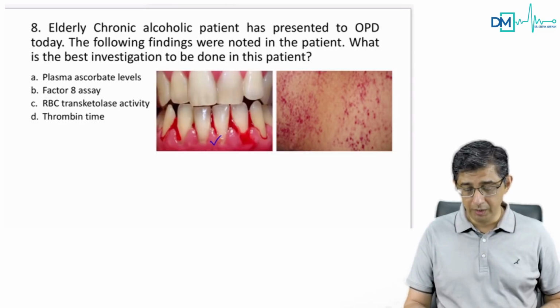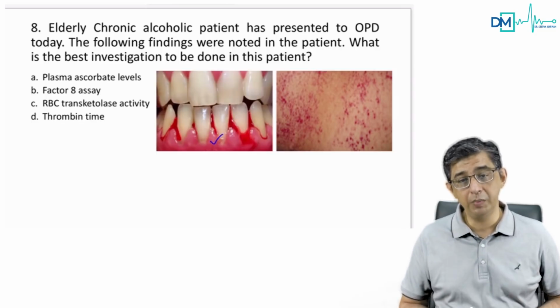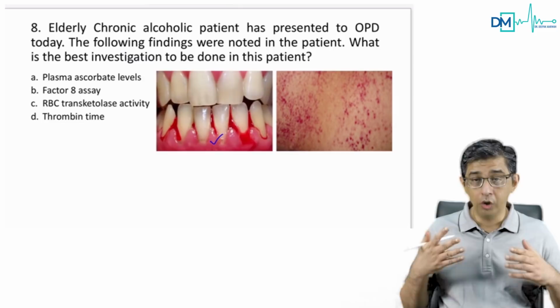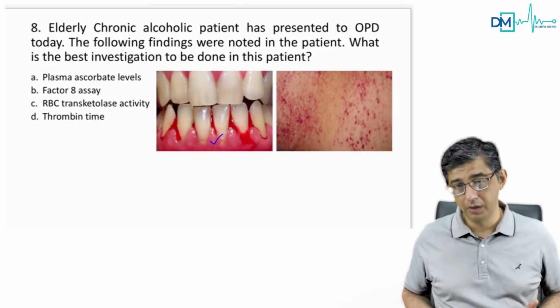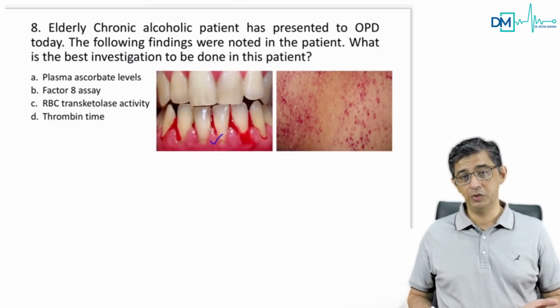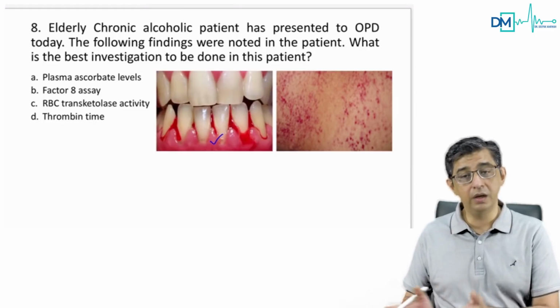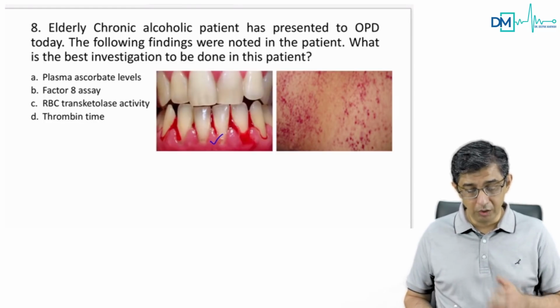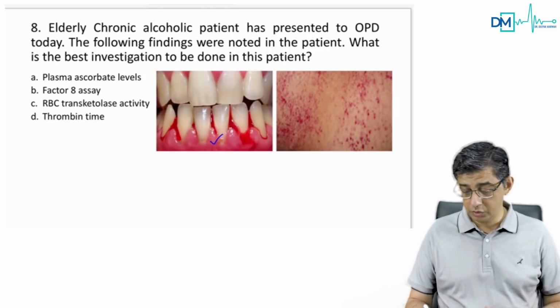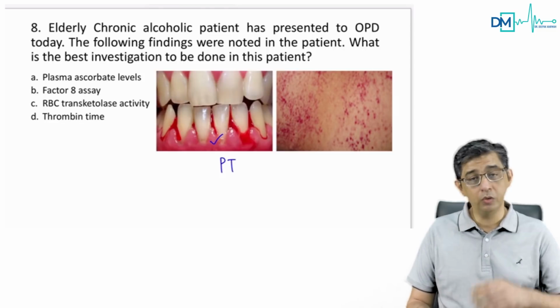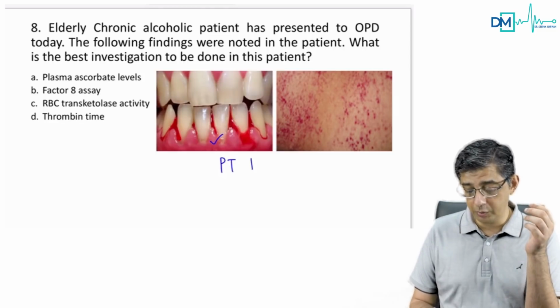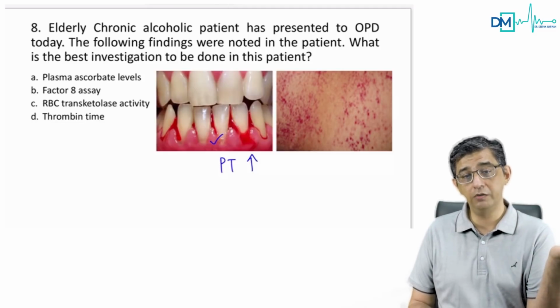He's talking about bleeding gums. He's talking about petechiae in a patient. So you know the fact that all clotting factors are produced in the liver. Because all clotting factors are produced in the liver, therefore bleeding can occur like this. But when you look at the options, you can notice the fact that there is no mention of standard prothrombin time. You know, normally when we discuss liver, we always study prothrombin time is always elevated in chronic liver disease.